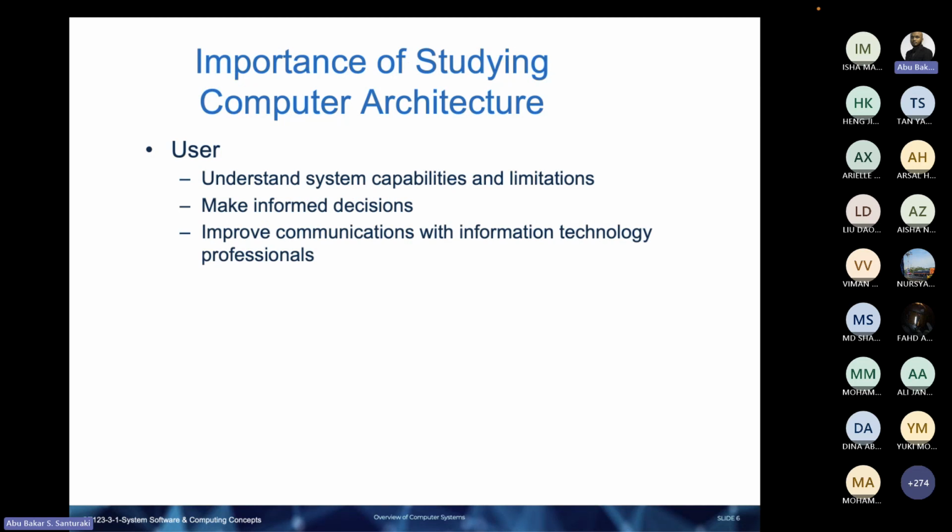Also, to improve communication with technology professionals. Sometimes you will look at a review of a device and you're still debating whether to choose between 2 or 3 devices. A good practice would be to go into the marketplace and start talking to the salesman and find out a little bit more about the device. So the understanding of computer architecture will allow you to interact and engage with these people in such a way that they will be able to provide you more details and more information with regards to the